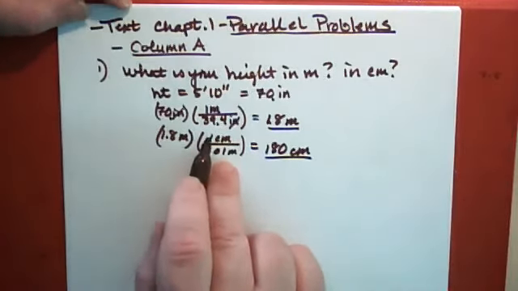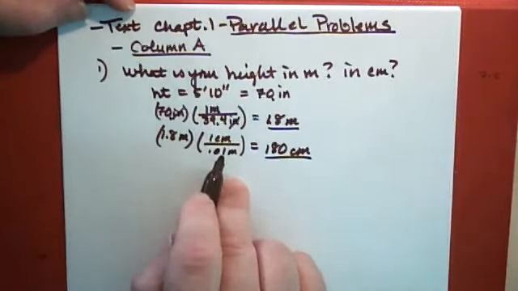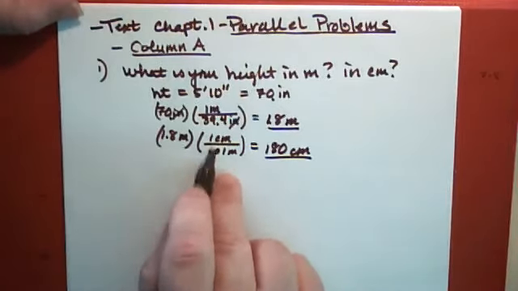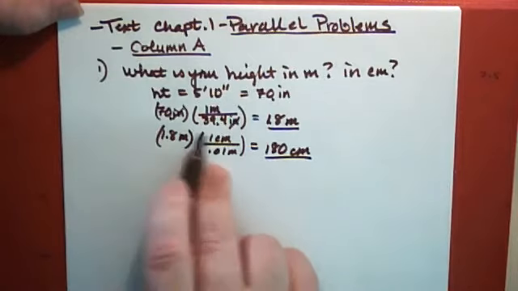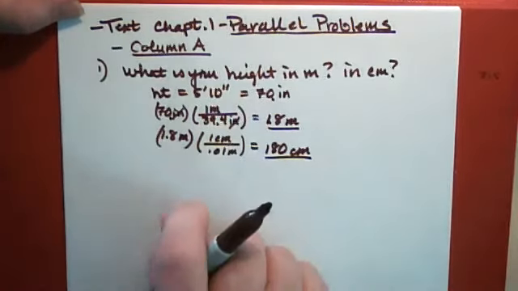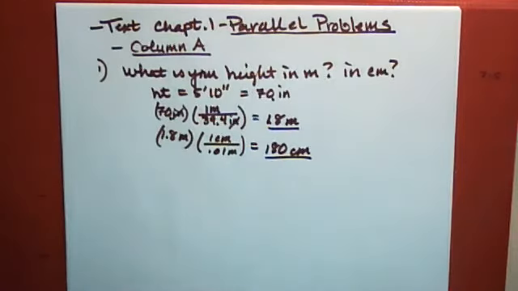The conversion factor between centimeters and meters, though, is within the metric system entirely. And so that's considered an exact number. So this has infinite significant figures. But again, we're limited to 2 because I quoted my height as only 70 inches. Okay,